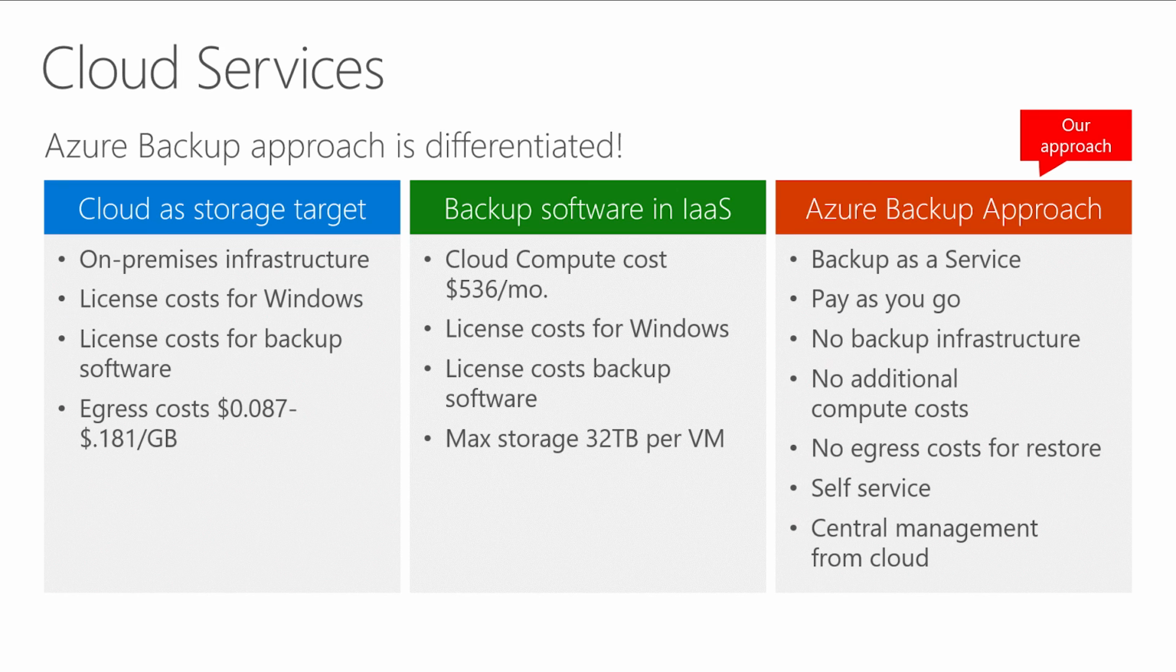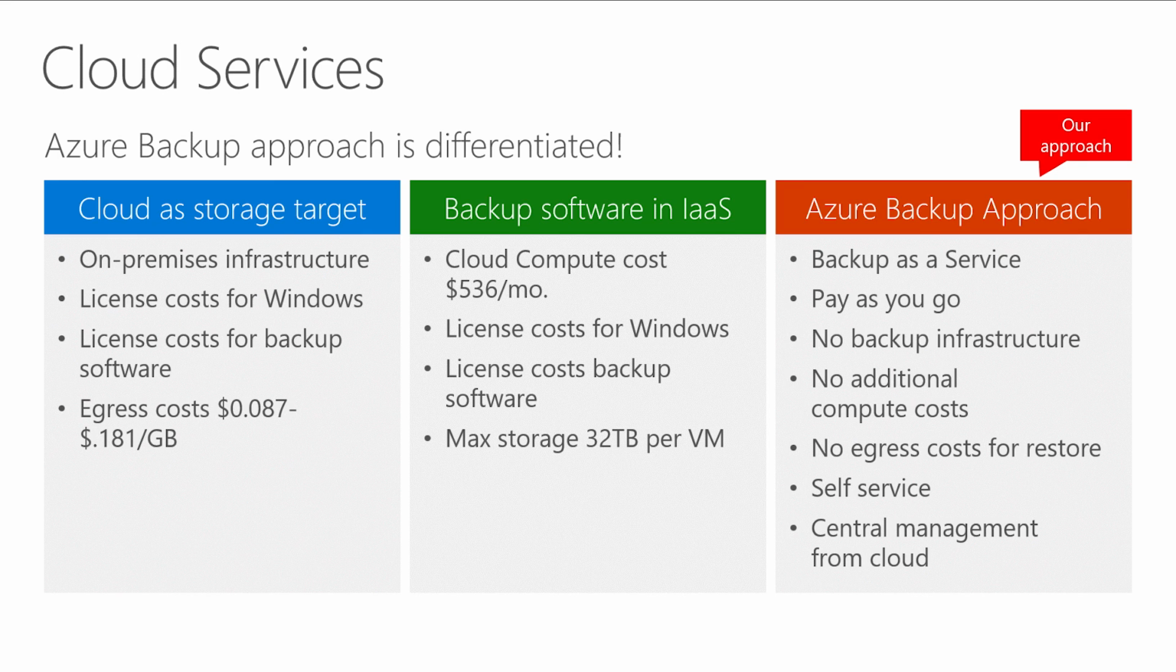If you're taking this path, you'll notice that you have an on-premise infrastructure that is going to be our backup solution. There's going to be licensing costs associated with a Windows server, as well as licensing costs associated with the backup software. And then, of course, if you need to restore any backups, there's egress costs associated with that as well. Now, if we move the backup software to an IaaS infrastructure in Azure, we have the cloud compute